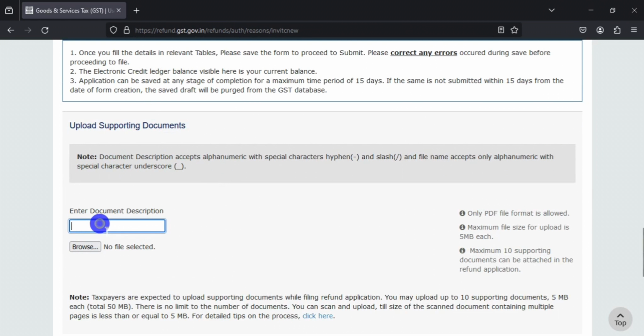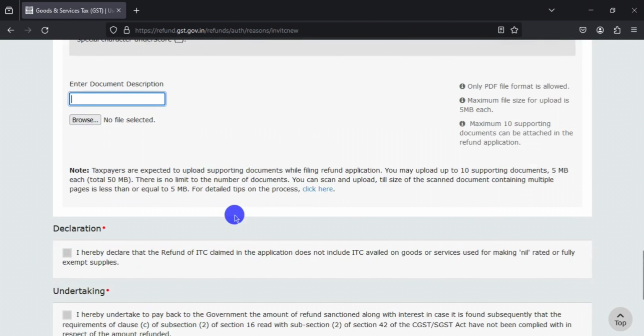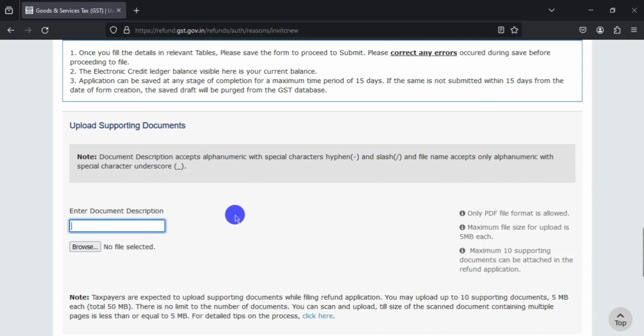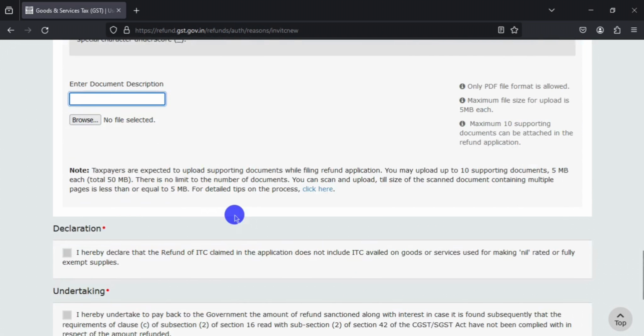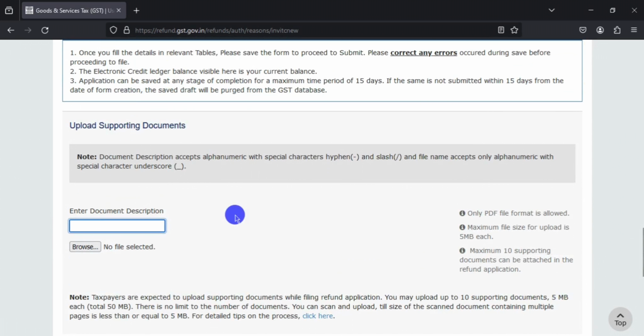Now we get to the supporting documents part, where we have to enter the supporting documents, which were not mentioned in the Act or rules but were later brought into effect by a circular. There are a few mandatory attachments which are needed, and the first one is GSTR 2B. GSTR 2A was replaced earlier, so we have to attach GSTR 2B. Then comes the Annexure B, which is the list of all invoices which were received during that period, and then a CA certificate if it is applicable, where the credit or the amount of refund is more than 2 lakh.